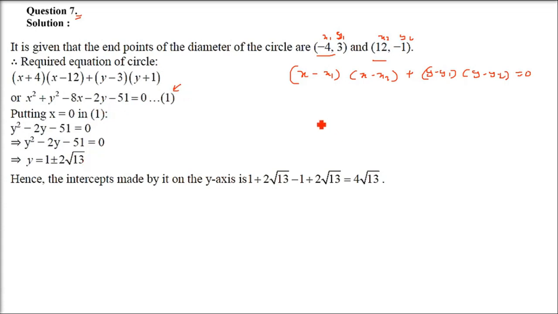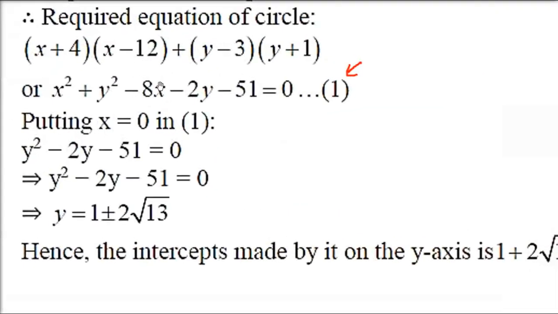Now whenever we take, say, x-intercept, you just put y equals 0. When you want to have y-intercept, just put x equals 0. So exactly this thing we are doing. We are putting x equals 0 here. So when we are putting x equals 0, only y will remain and we are going to solve it.